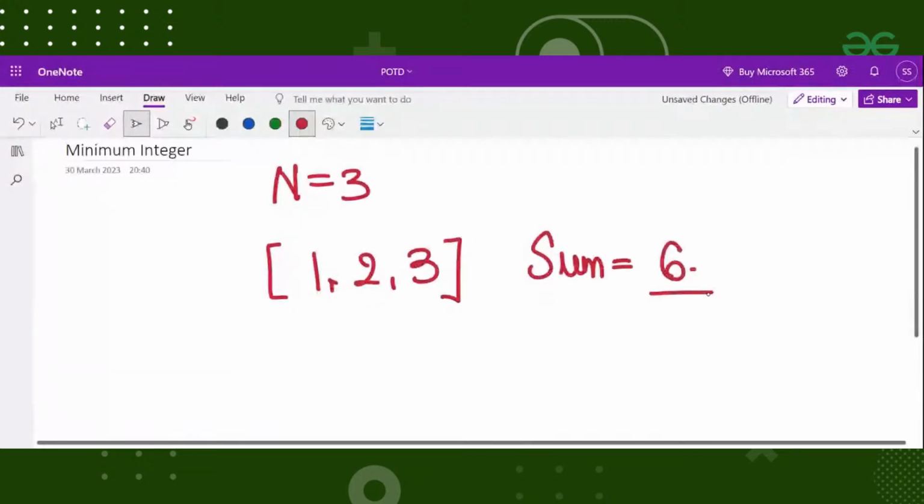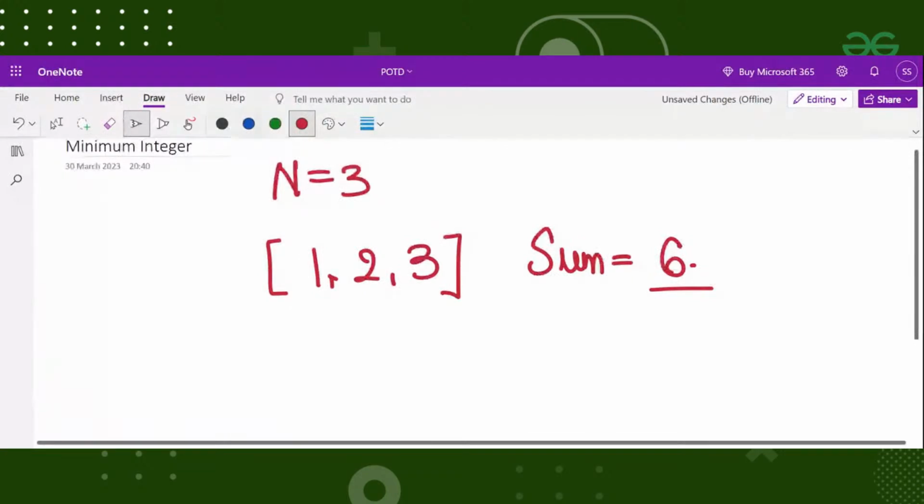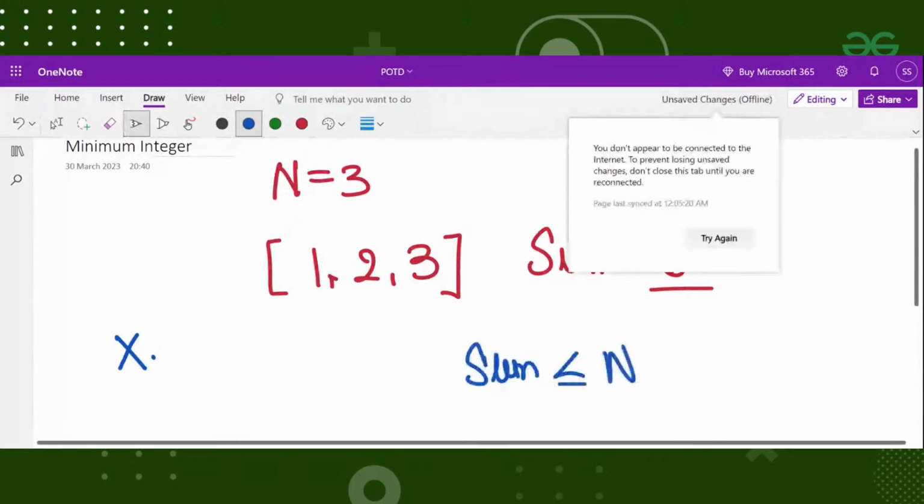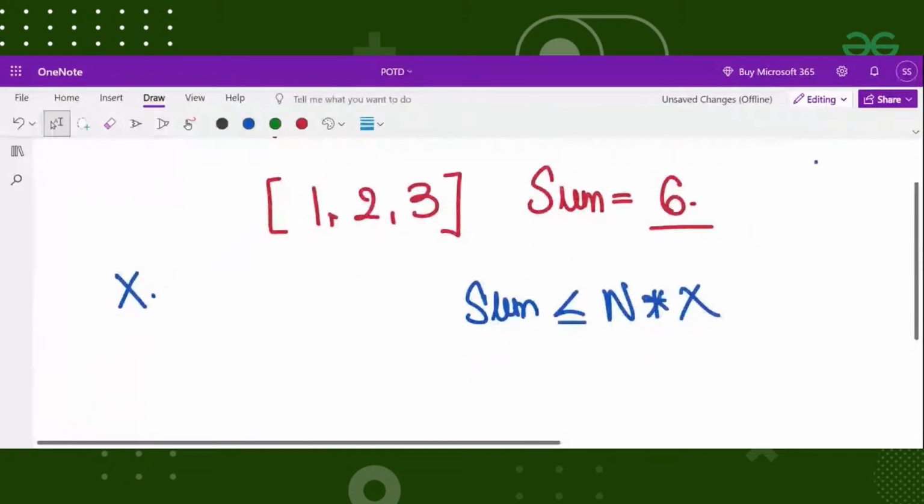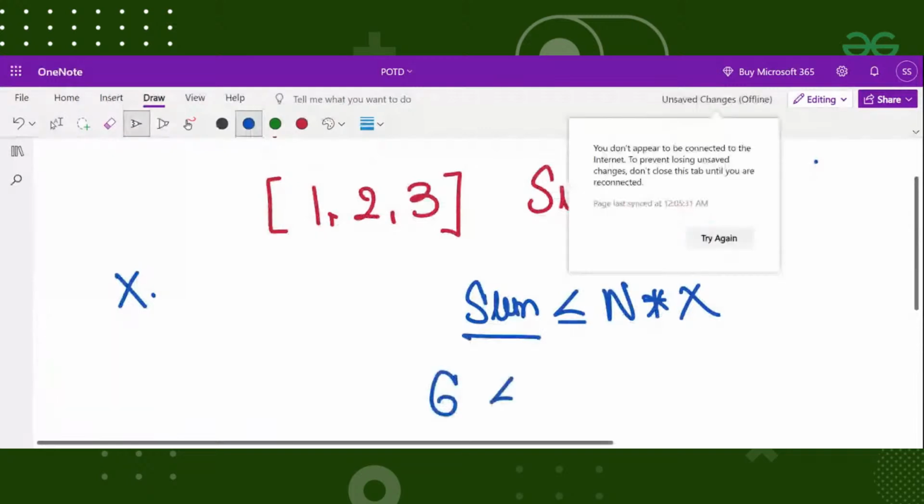So we need a smallest integer x such that the condition that is given to us is the sum, whatever it is, should be less than or equal to n into x. So this thing must be there. So what is the sum? Sum we have 6 must be less than or equal to n into x, where n here is 3.